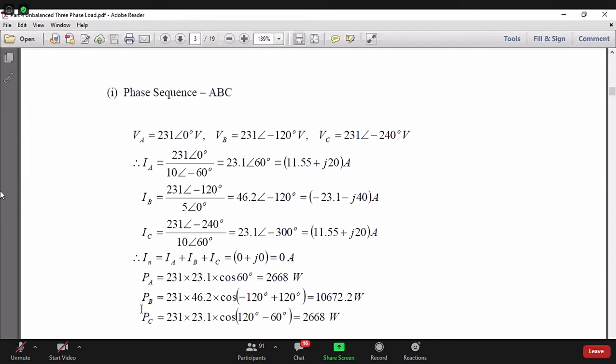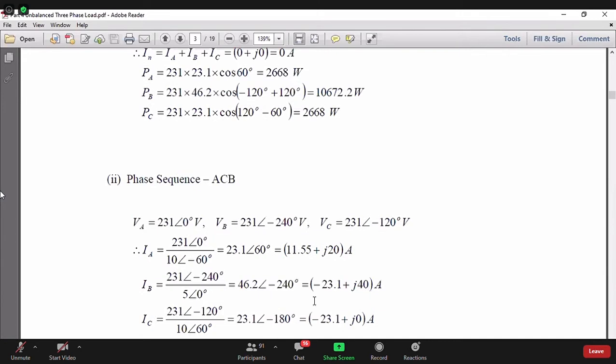And then I can calculate the different three-phase powers. Of course, every phase power will be calculated as phase voltage, phase current, and the phase power factor. How do you get the phase power factor? From the impedance. So A phase power factor will be cos of 60 degree. B phase power factor will be cos of 0 degree. Look at the mouse. C phase power factor will be again cos of 60 degree. So you get the power.